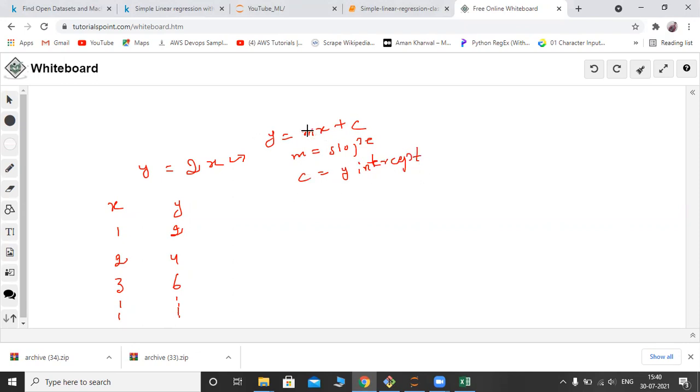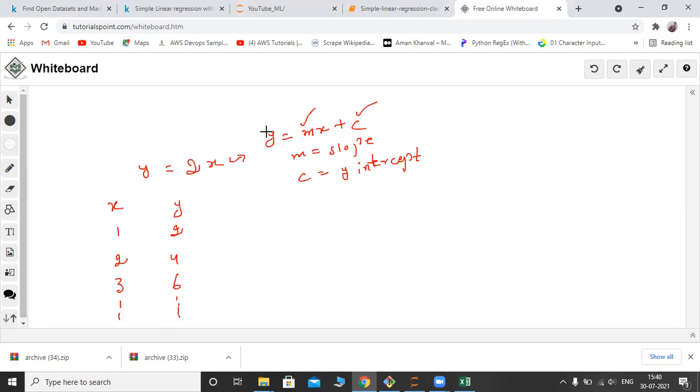In this equation there are two unknowns, slope and c. If you know the slope value and the y-intercept, you plug in x values and you are going to get y values. So mathematically it is very easy to find y values.